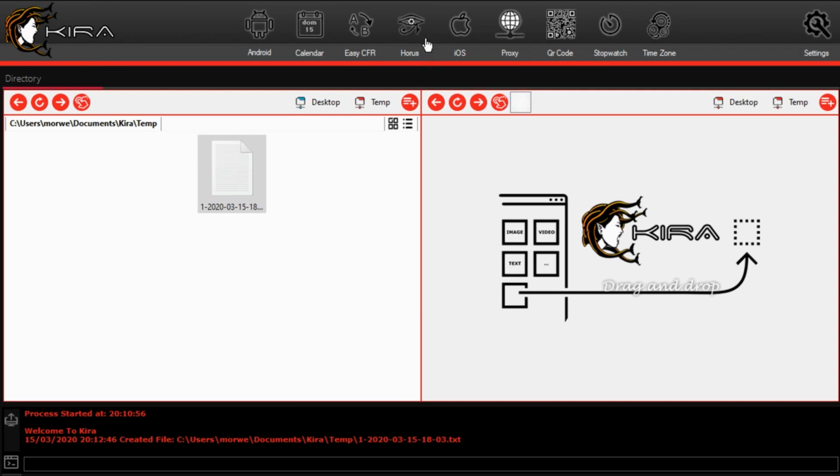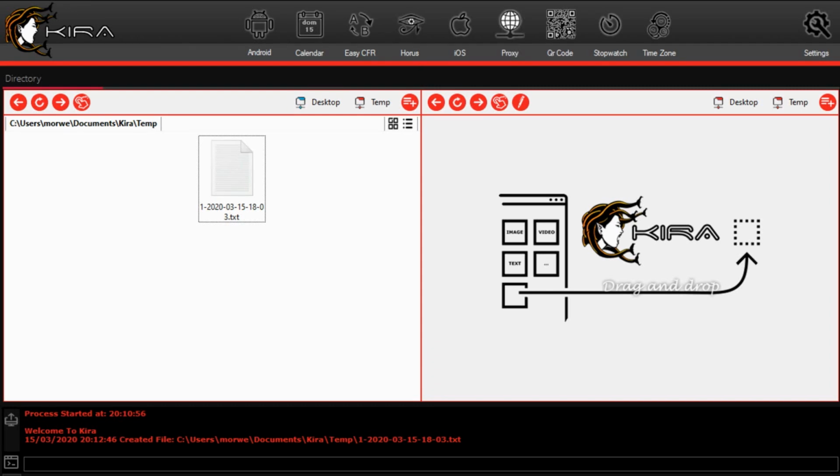We have Horus, which is our screen recorder. So with Horus you will be able to capture video and screenshots easily and quickly and open them later with your favorite editor with a built-in drag and drop feature. With no save to cloud option, this is perfect for our communities because we can stay in compliance with NDA and GDPR. We then have iOS